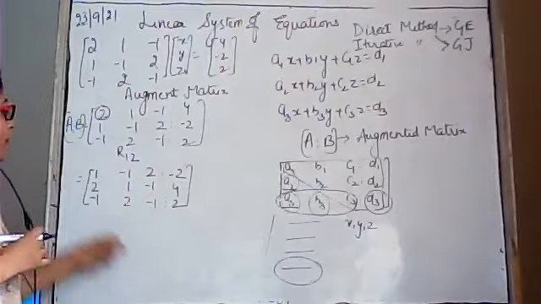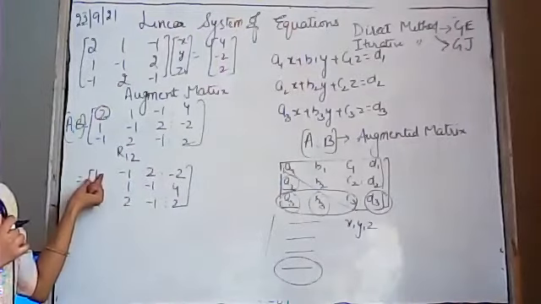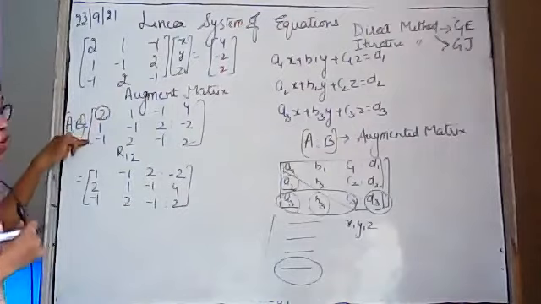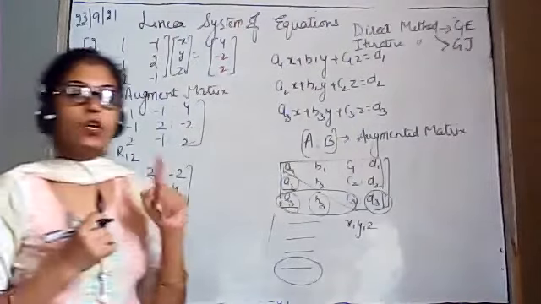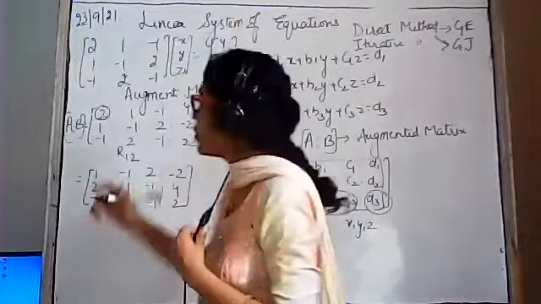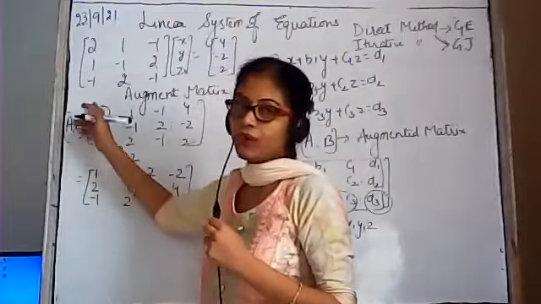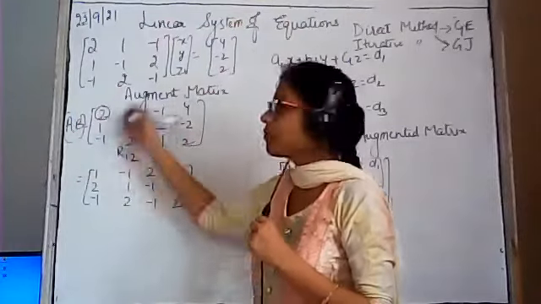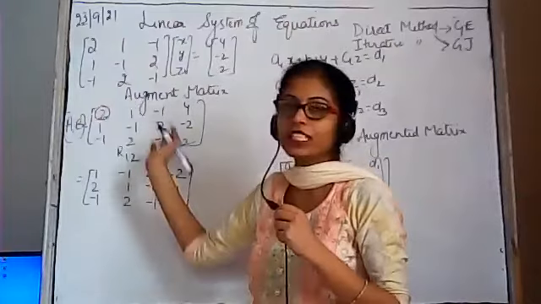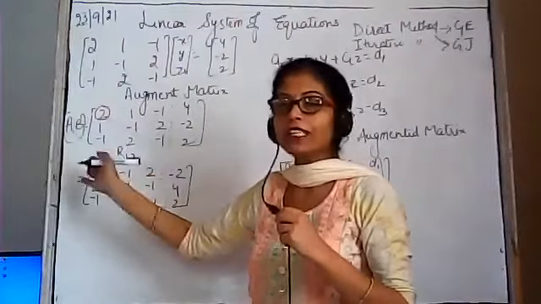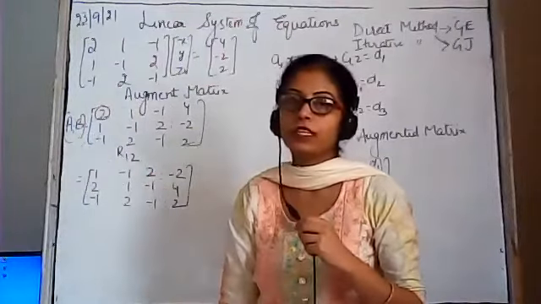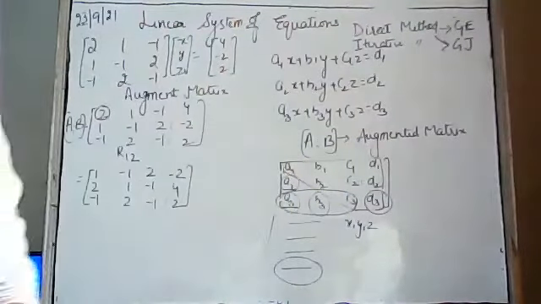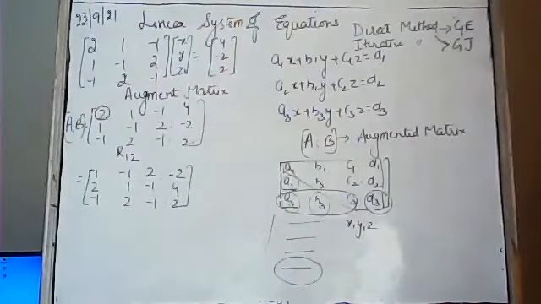Step number 1, make first element of row 1 as 1. If you find any element 1 in column number 1 only, beta, अगर column number 1 में 1 exist करता है, only then you can replace this one. अदरवाइज अगर यहाँ कहीं भी 1 एग्जिस्ट नहीं करता, किसी और रो में एग्जिस्ट कर जाता, तो आप उसको इंटरचेंज नहीं करोगे. You can't interchange any other column with first row. ठीक है? जो भी हमें इंटरचेंज करना है इस केस में, you will be changing.